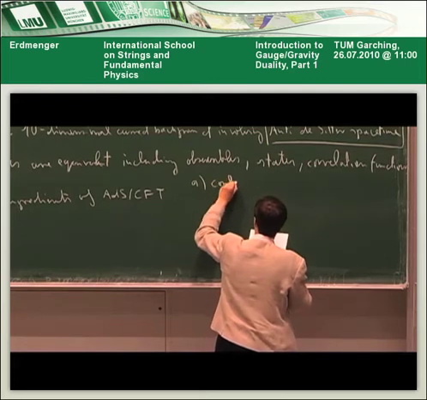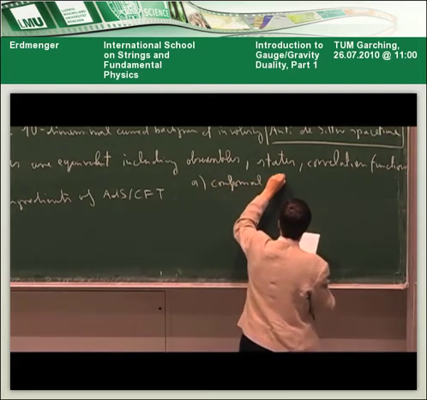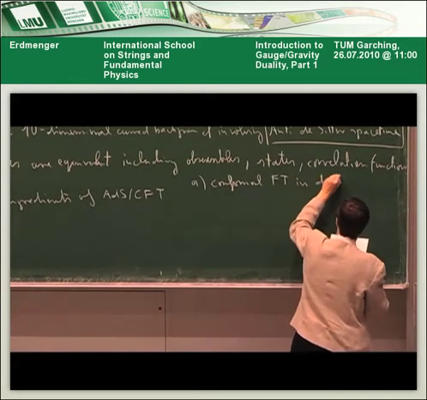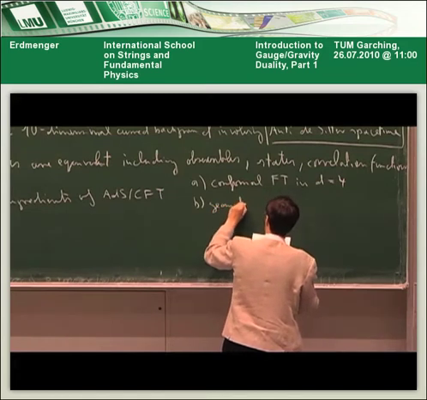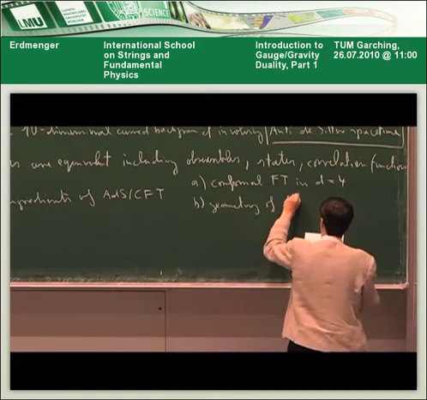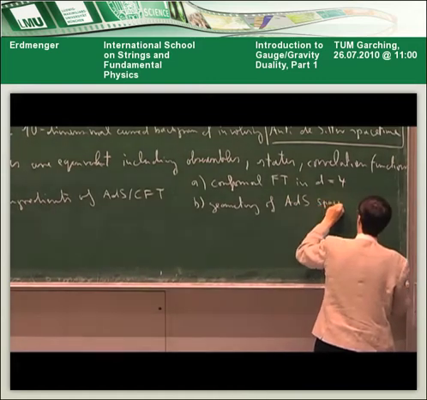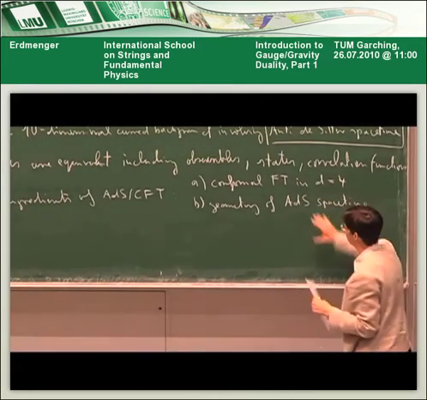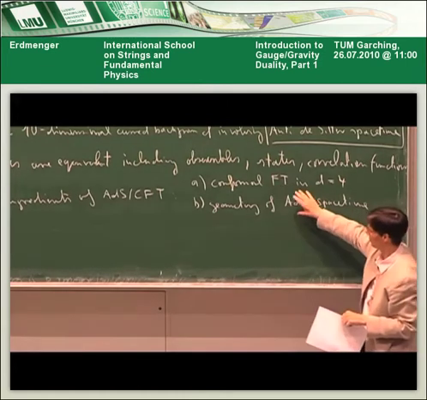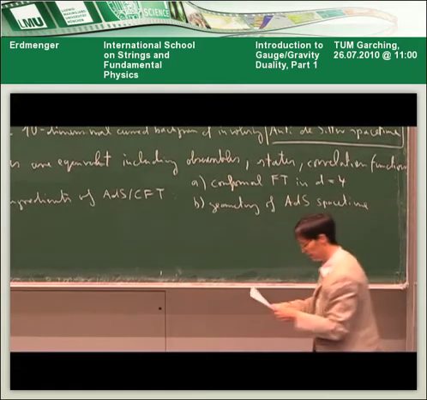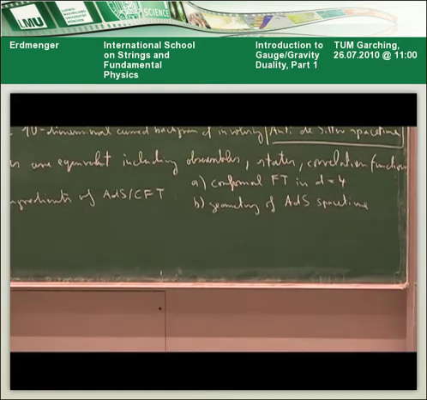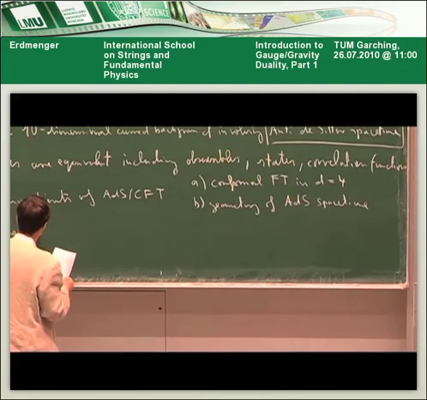So first I have to explain what is a conformal field theory in 4 dimensions. And then I have to explain the geometry of this anti-de Sitter space. Okay, so these are the 2 most important ingredients which I chose to explain to you, and this will take us the remainder of today's lecture. And then in the second lecture on Thursday, I'm going to explain the AdS/CFT correspondence